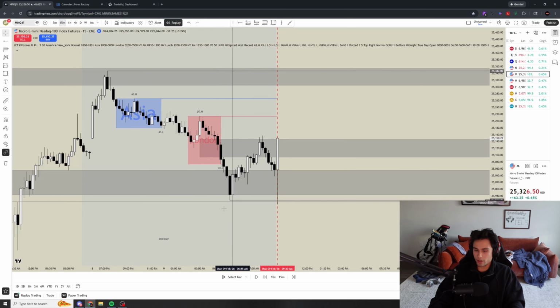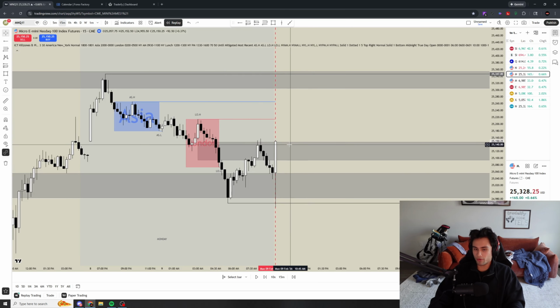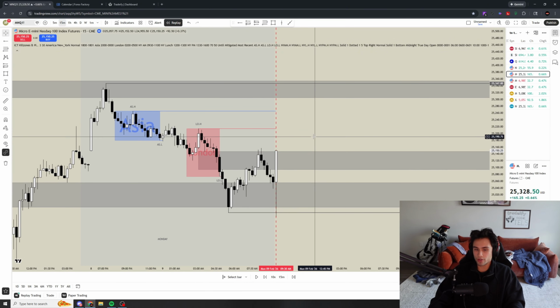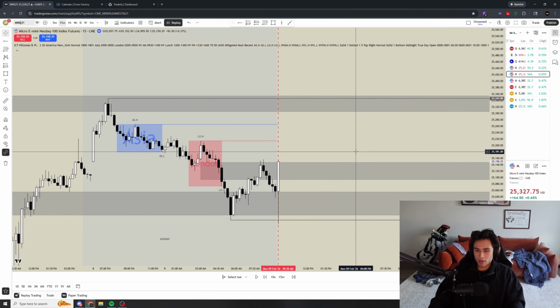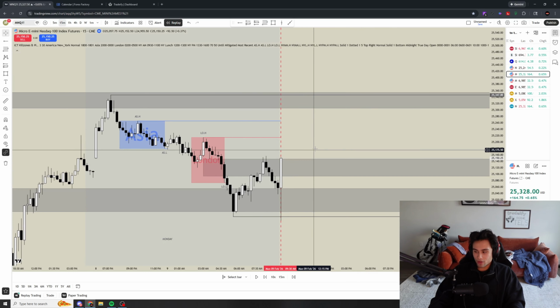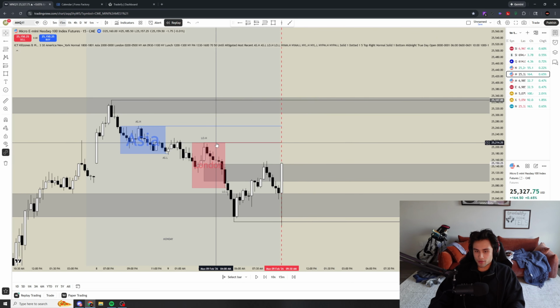So that was already a level of liquidity that we swept and then held off that low. And then we closed above this hourly gap and created a 15-minute inversion right off that hourly. Now, what am I looking for? Not only is that looking insanely good for longs, but we also have an untested London high, an